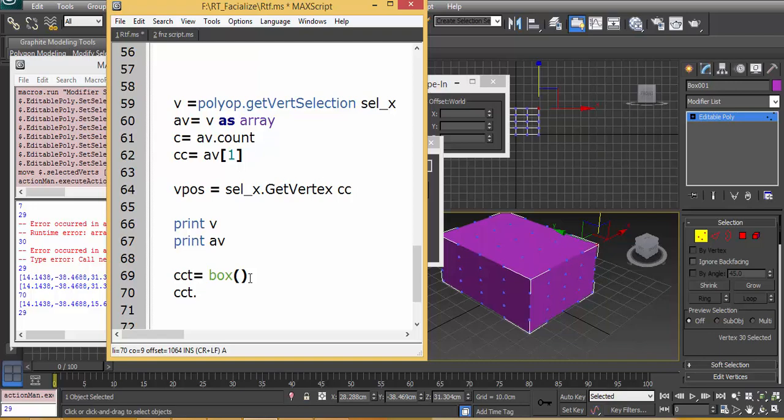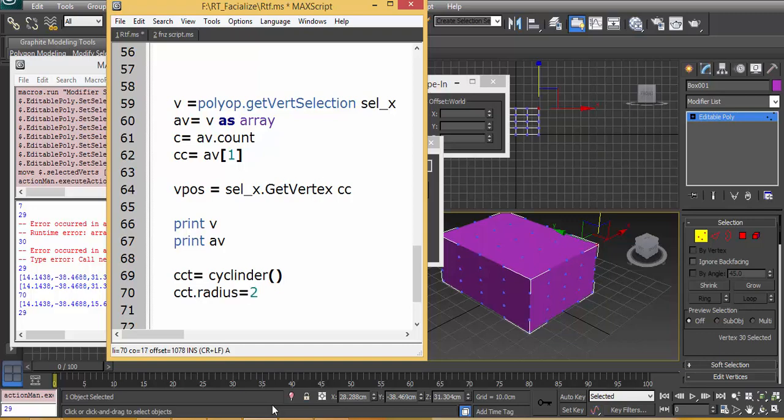Let me use a cylinder so that I don't type so much. So we're going to create a cylinder, and then CCT dot radius, which is equal to, I'm going to make it small,